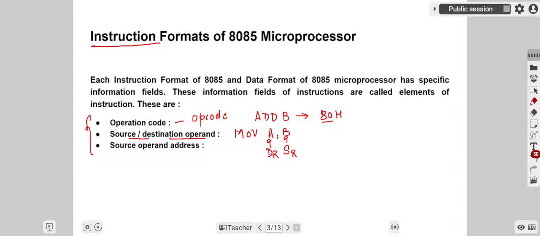We know that the operation specified by the instruction may require one or more operands. The source operand may be in an 8085 register, or it may be in the memory. Many times the instruction format of 8085 specifies the source operand so that the operand or operands that can be accessed and operated on by 8085 are according to the instruction. For example, let's suppose we are taking one instruction here, ADD M.